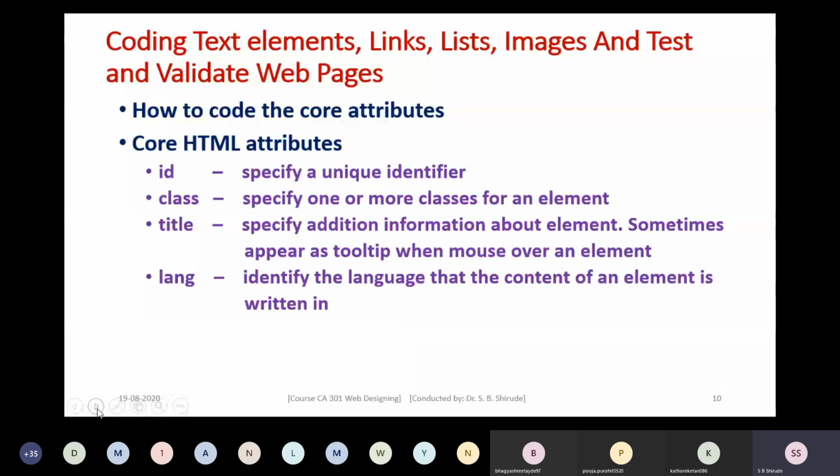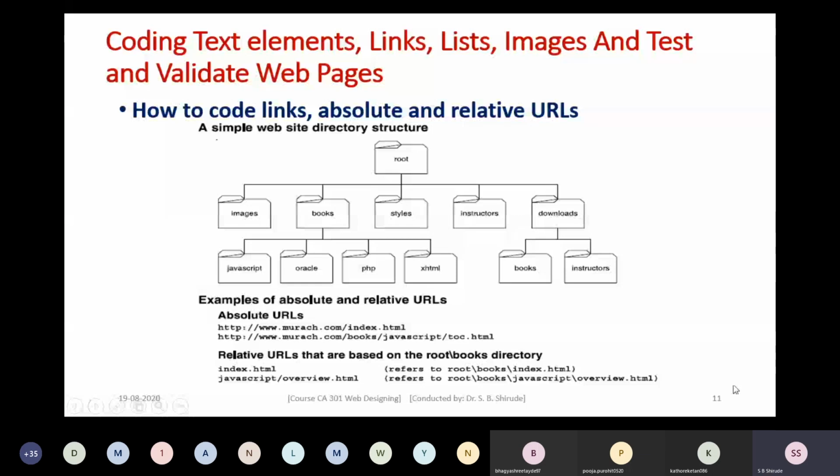Next, we will learn how we can code links. You know what the uses of links are. If you want to render a particular page from a page, you can create links by using anchor elements. So the anchor A element can be used. It is not compulsory that you link to a different page only. You can link to a part of the same page also. If it is a very long page and you want to link to a particular part, you can also code that by using links.